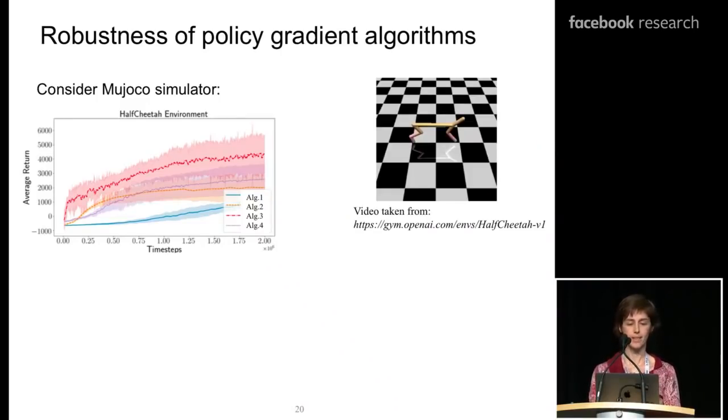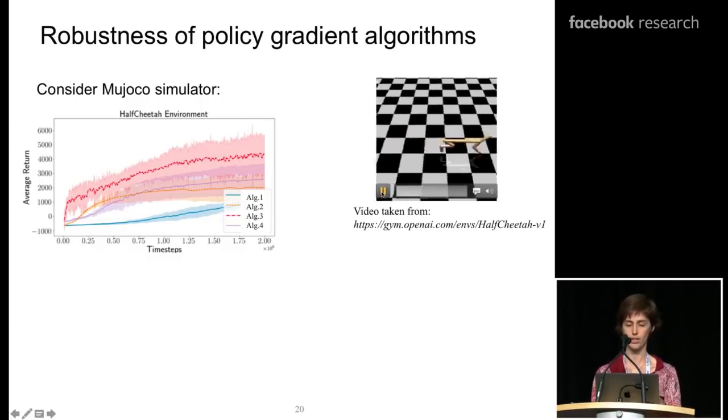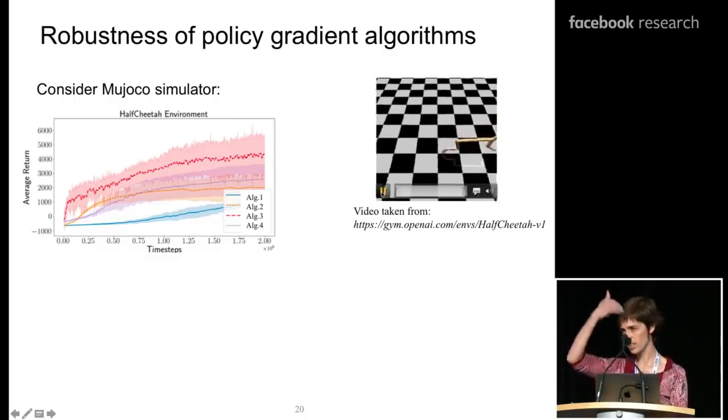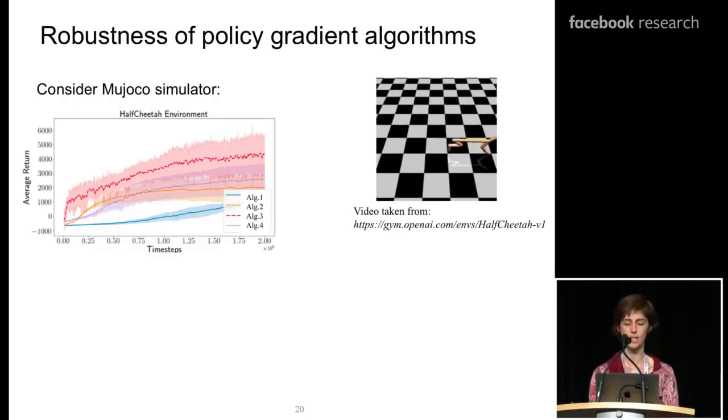Let's look a little bit at the robustness of these baseline methods, these policy gradient methods. I don't want to focus so much on which method has which characteristics. I really want to focus on how we compare these methods and how we use them to establish baselines and to get evidence of the efficacy of our methods. This is in the context of the MuJoCo simulator. For those of you who've never used MuJoCo, you have these little characters moving along. This is the half cheetah. It's a half cheetah because it's like half the body of the cheetah, just 2 legs of it. You essentially have to train a policy to control the joints of the cheetah such that it can actually move without falling as it moves around.